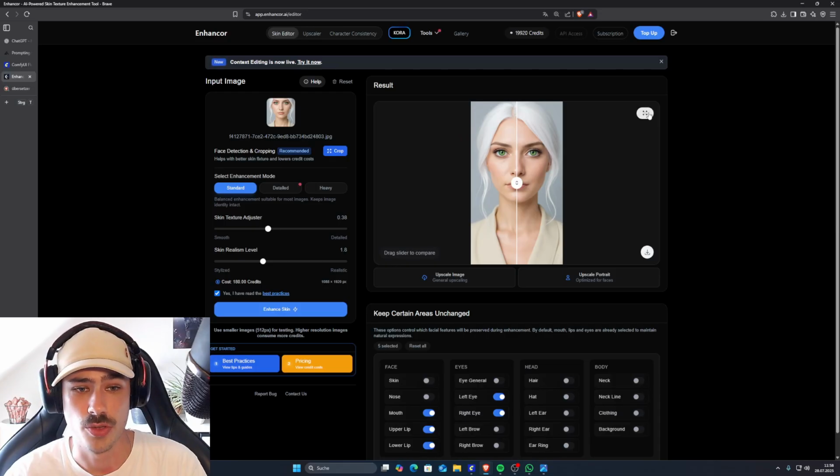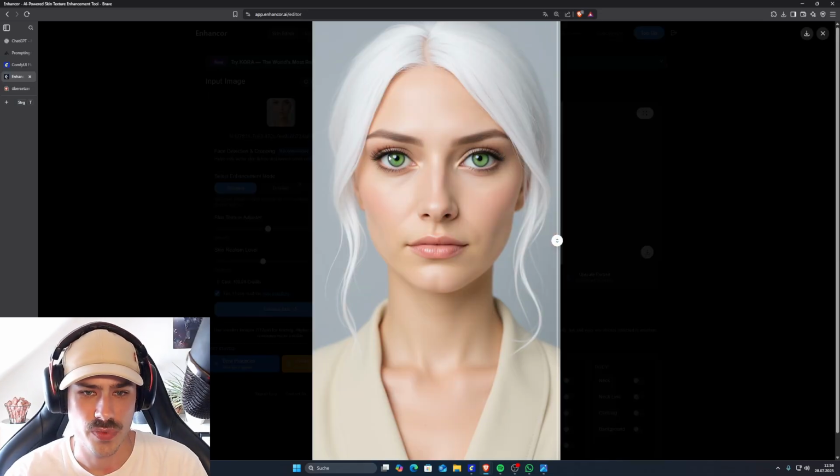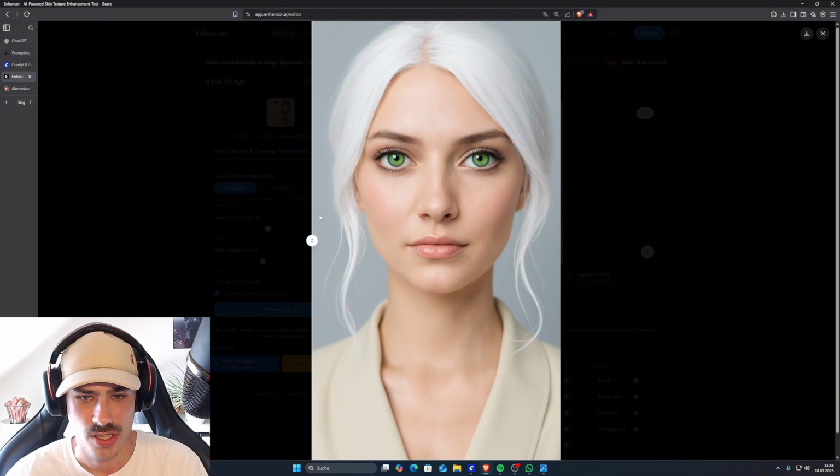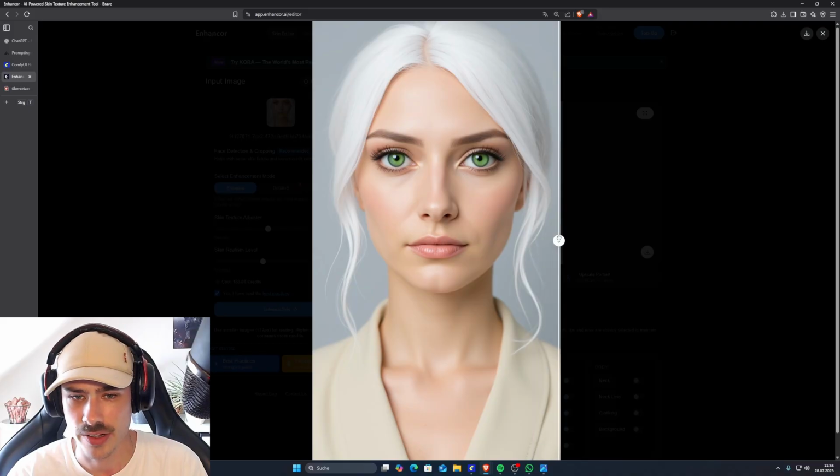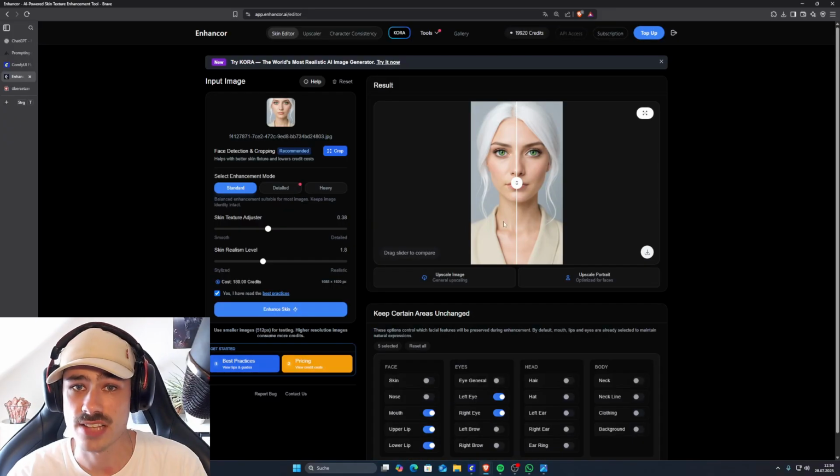Let's look at the result. You see her skin is plastic-like and doesn't look realistic. After we enhance the image, you can see it looks very realistic. It's still too perfect in my opinion. Maybe you can adjust the settings a little bit, but you can see the difference. It looks like a generated AI avatar, like every other AI generated image, and this looks more like a human. So it's up to you how you use the tool